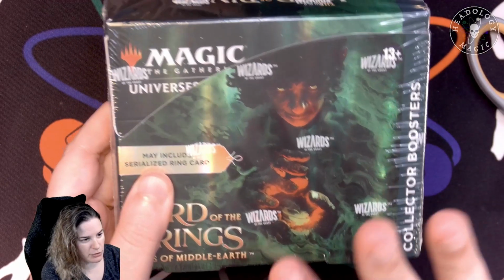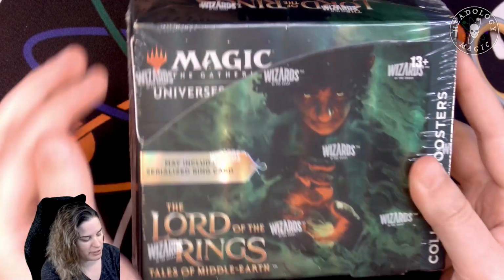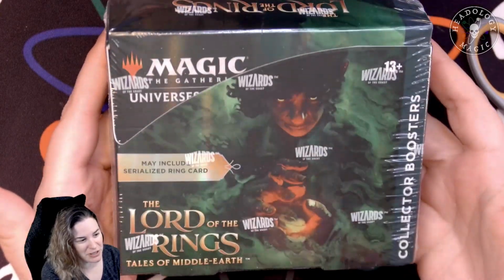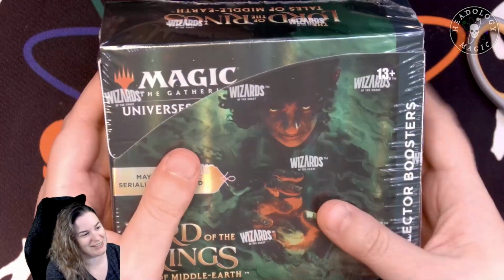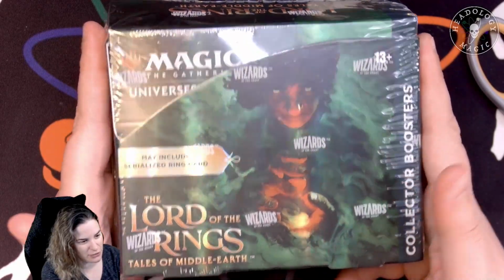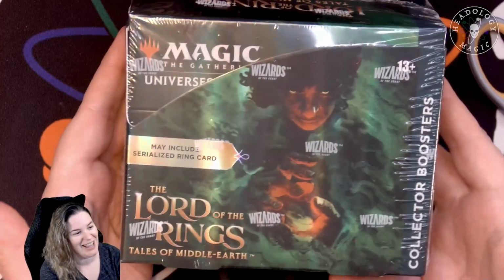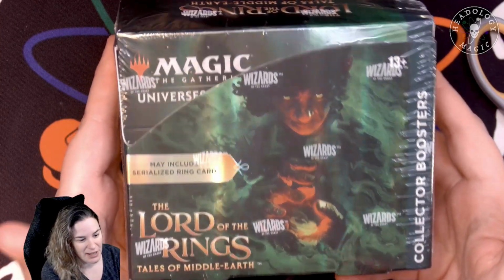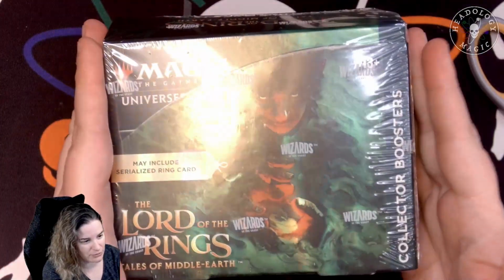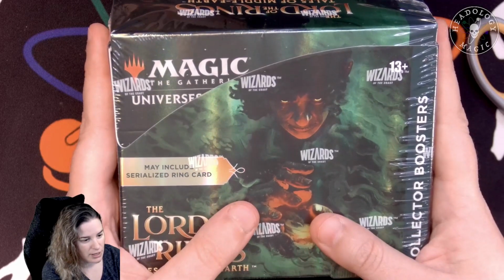So what we're going to be doing today is opening this, and I love that it says may include serialized ring card. The chances of that are so infinitesimally small. The bounty on it is like $2 million. Yeah, don't buy these trying for that, is my recommendation, just because most of them are at like $420 or something like that, which is crazy. I did not pay that much. I did pay still an exorbitant amount. I got them pre-ordered at a discount, so